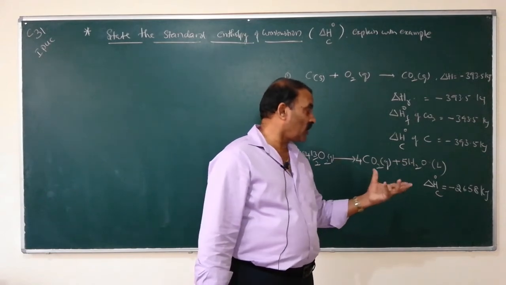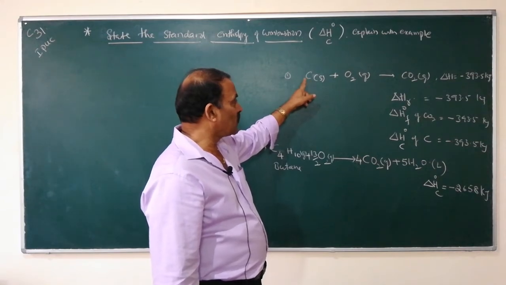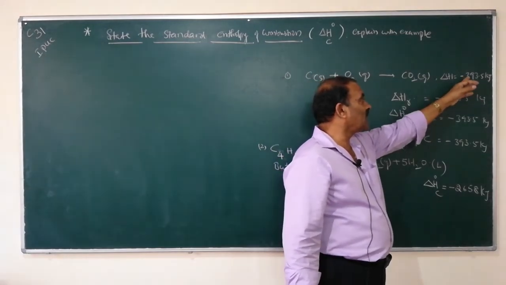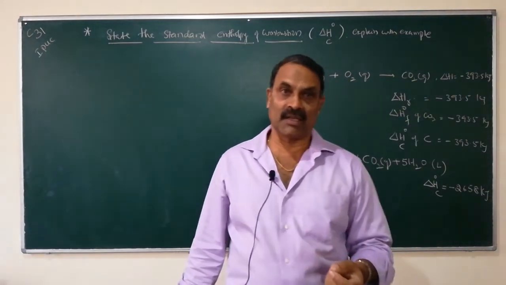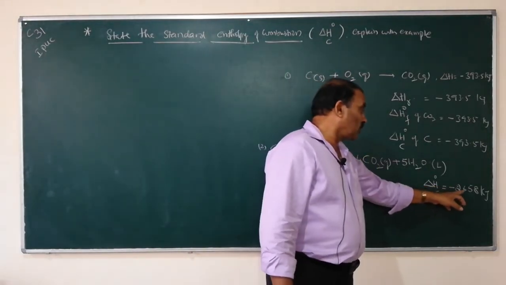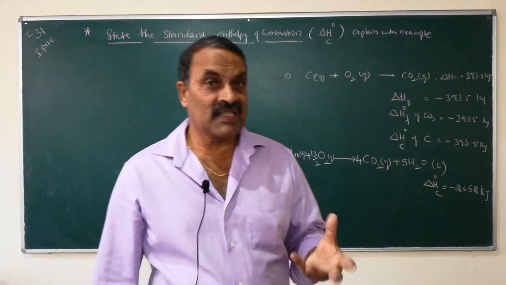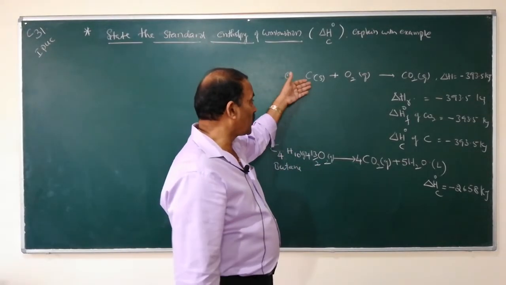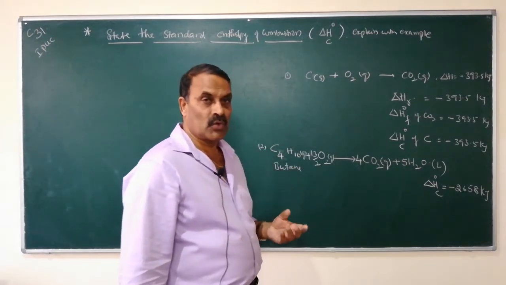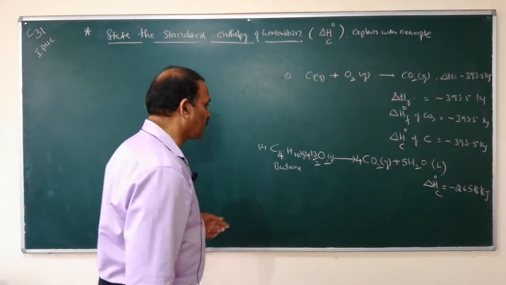So compare the amount of heat liberated when 1 mole of carbon is burnt. When we burn firewood, if 1 mole of carbon is burnt, only 393.5 kilojoules of heat is liberated. But if 1 mole of butane gas is burnt, 2558 kilojoules of heat is liberated. Therefore, which is the efficient fuel when compared to carbon? Butane is the efficient fuel. Therefore, we will use butane as the fuel gas.